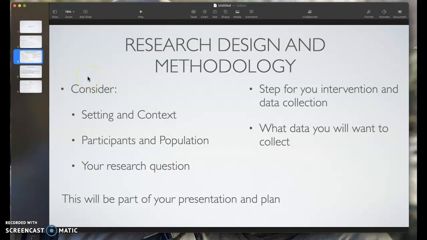So your research design and methodology, remember that the goal of this major project is to imagine that you're going to be doing an action research project. It's what you've been building up to this whole time in this course. And so now think about if you were going to actually do a research project, like the ones you probably read about in some of your literature. So if you were going to study the impact of the intervention that you had suggested throughout the course, how would you study that? So for example,